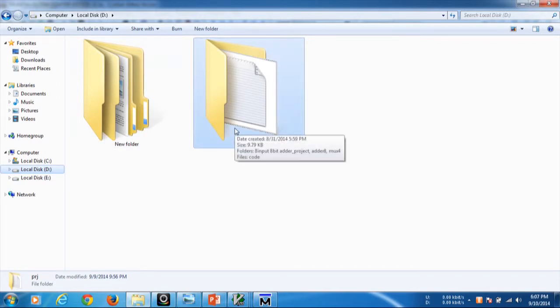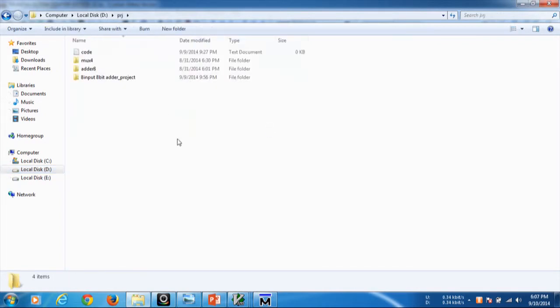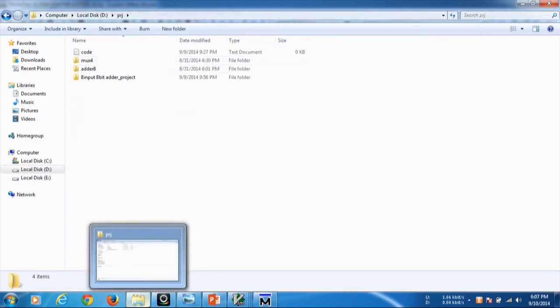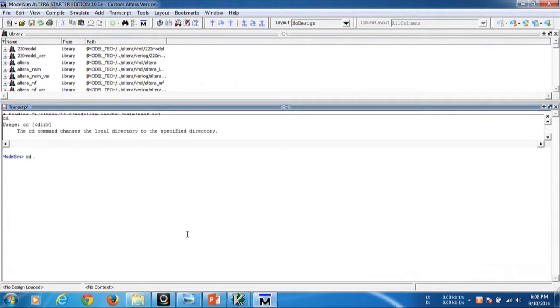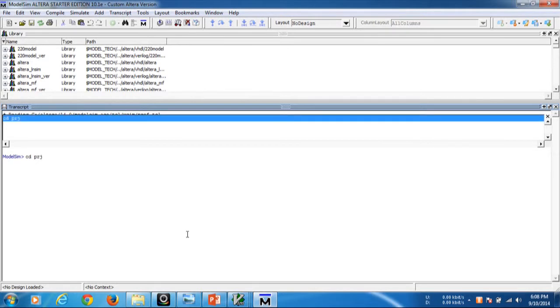The one folder which you want is the project folder, so we have to move to project now. For moving to project, we have to type cd space. While typing, it shows the subfolders there are in this D drive.